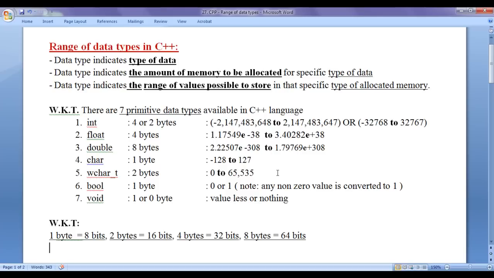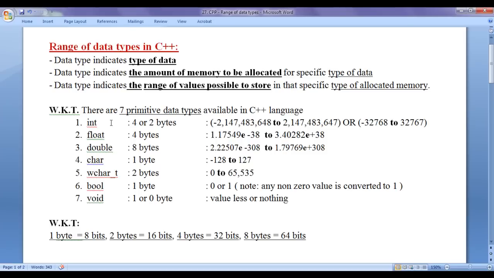The minimum value possible to store inside 4 bytes of integer type memory is minus 2,147,483,648, and the maximum value possible to store inside 4 bytes of integer type memory is 2,147,483,647, guys.